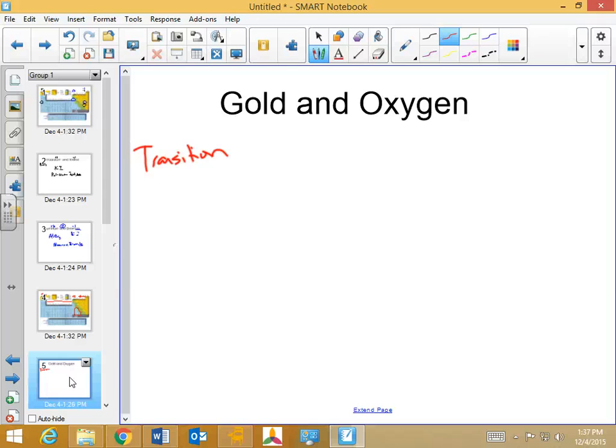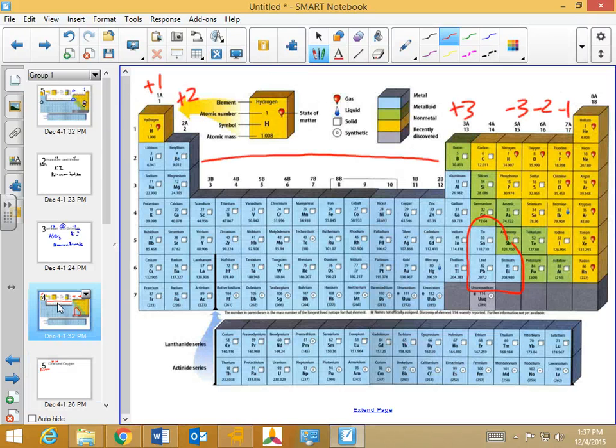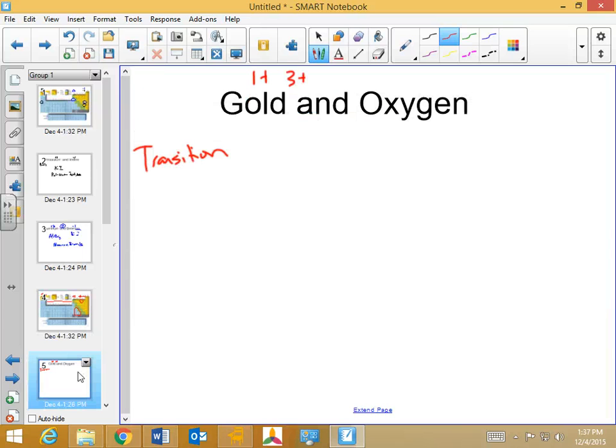So gold can have a couple of different oxidation numbers. Gold can be a 1+. It can also be a 3+. So let's say I told you that you have gold 1+. We'll use gold 1+ first. So gold has a 1+. Oxygen, we know, is over here in group 16. Here's oxygen. So it's a -2. So if I have a 1+ and a -2, I know I need 2 golds to balance out that 1 oxygen. So therefore, my formula will be